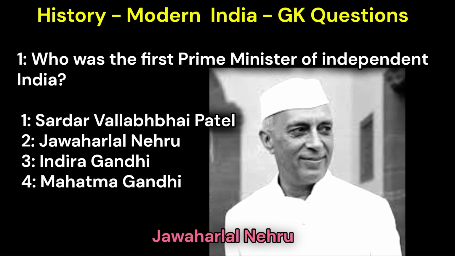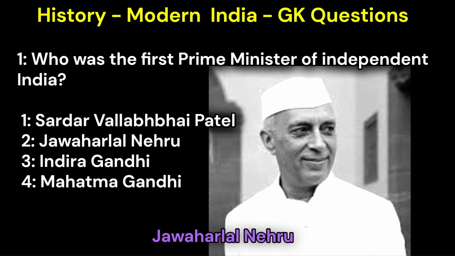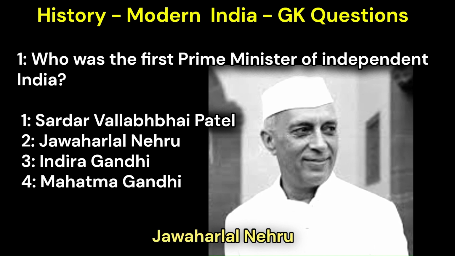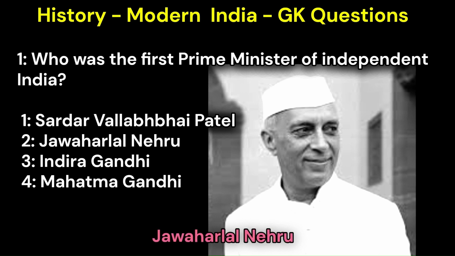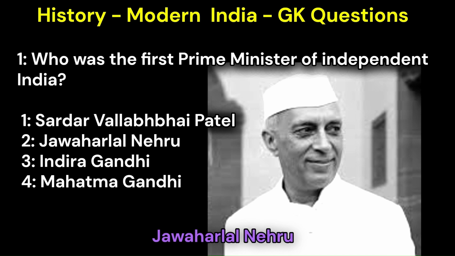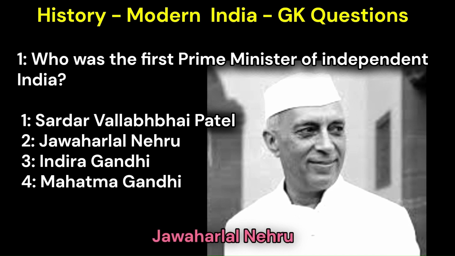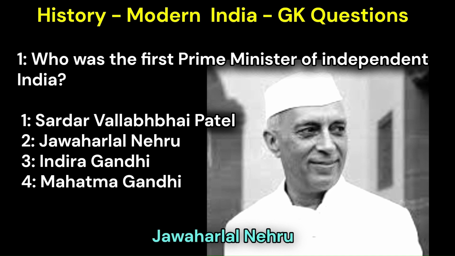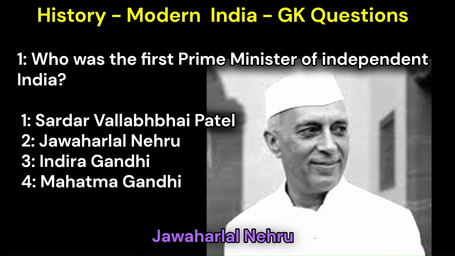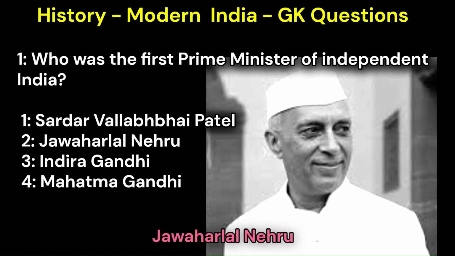He served as PM until his death on 27 May 1964, leading the nation through its formative years, focusing on unity, industrialization, and non-alignment in global politics. Sardar Patel was the Deputy PM and Home Minister. Indira Gandhi, Nehru's daughter, became PM later in 1966, and Mahatma Gandhi, though a towering leader, never held an official